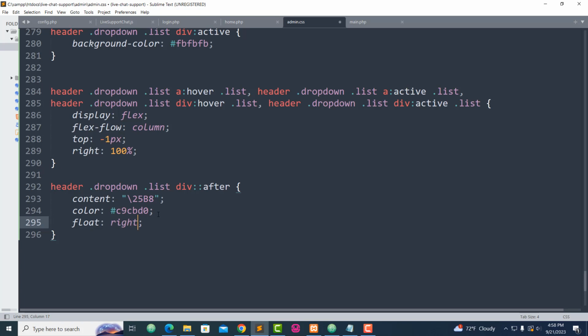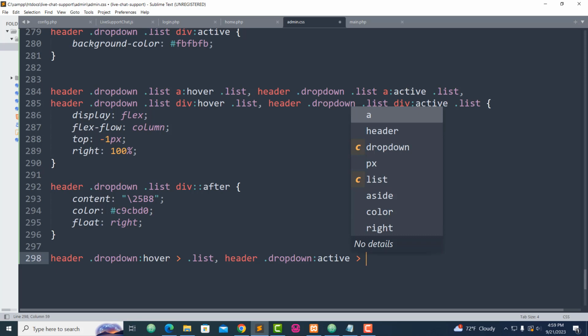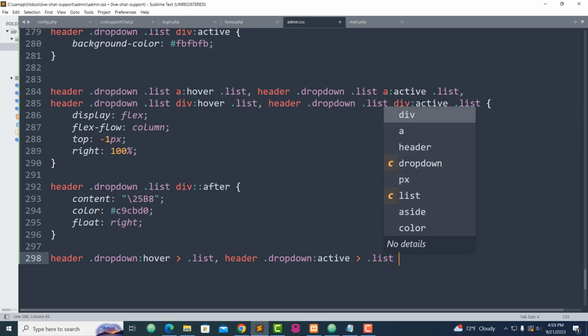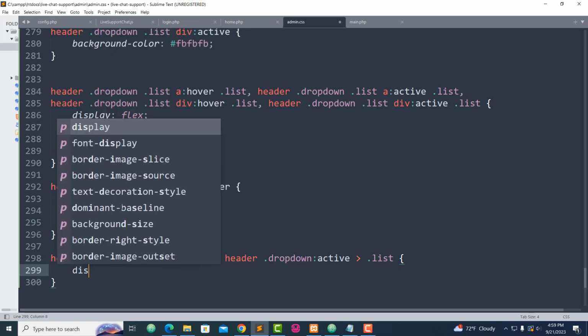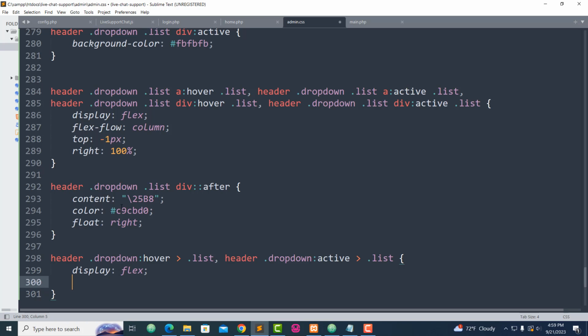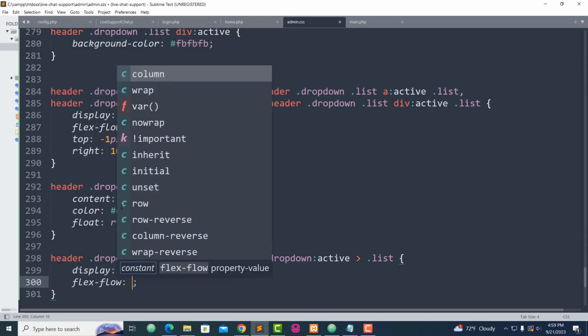Float right. And now we said header, that drop down, add a list, active, and we want to display this one flex. Also, for the flex flow column,